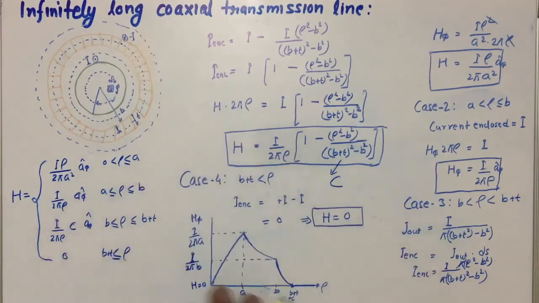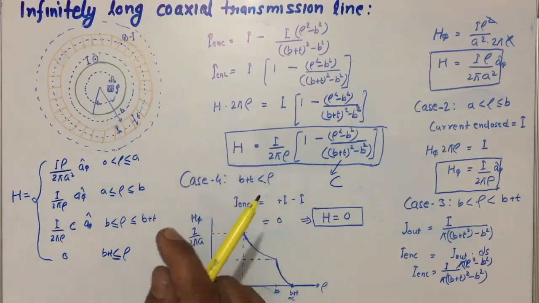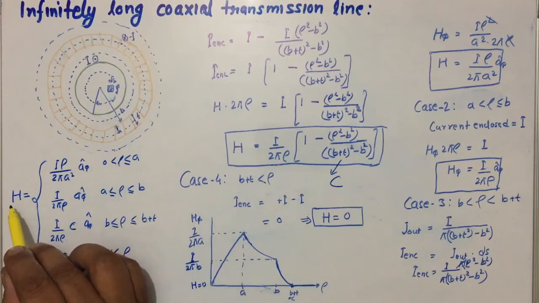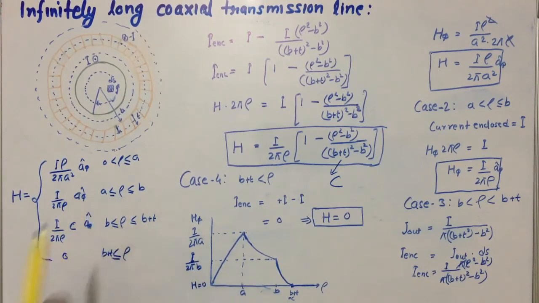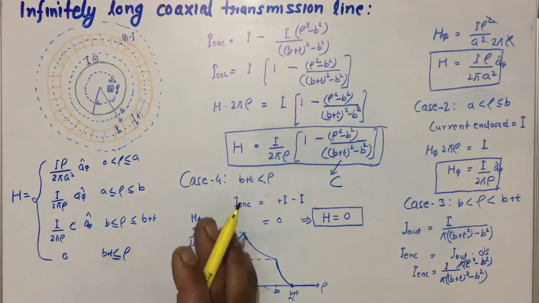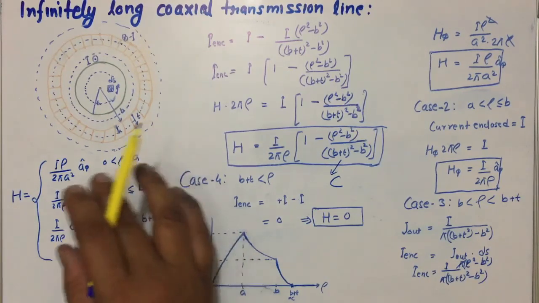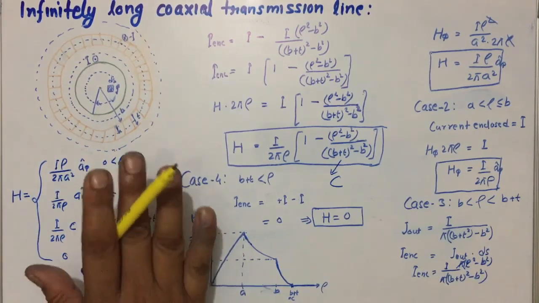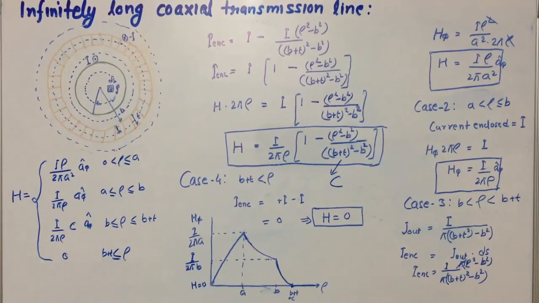Now from all the study that we have done until now, concluding from all of it, we can say Ampere's law can be used to find magnetic field intensity only due to a symmetric current distribution, for which it is possible to find a closed path over which H is constant in magnitude. This is the limitation of Ampere's law for finding the magnetic field intensity. So that is it for finding the magnetic field intensity with the help of Ampere's law.